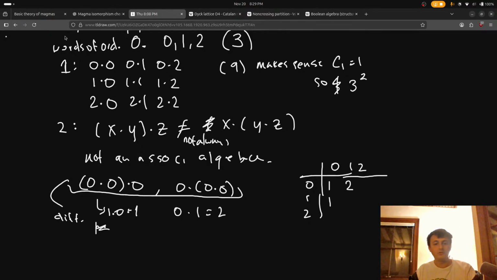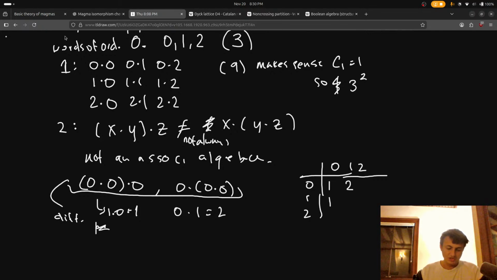Okay, so that's cool. That's pretty neat. At least at this point, I understand why the Catalan numbers are in here.